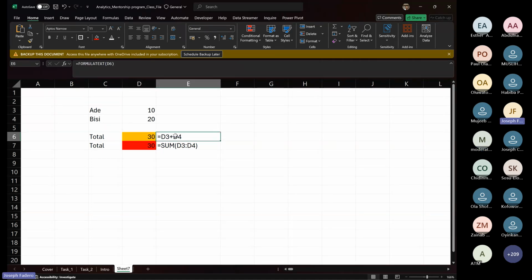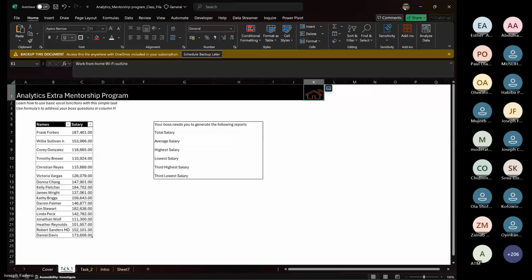So the answer to the question, yes, the orange is the formula, while the red is the function. So people that said that, yes, the orange is the formula, the red is the function. So that's correct. You can note that down. Thank you for bringing me back to that. Yes, that's correct. Okay, so